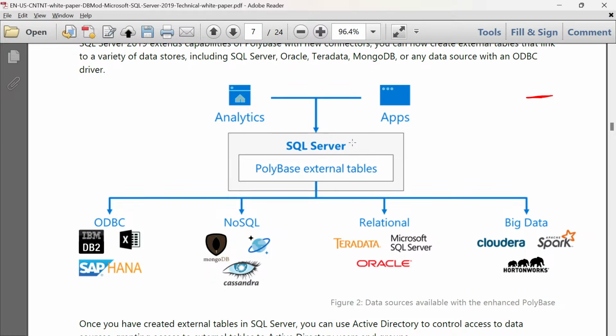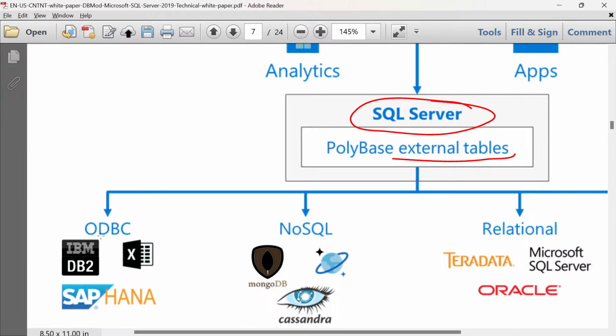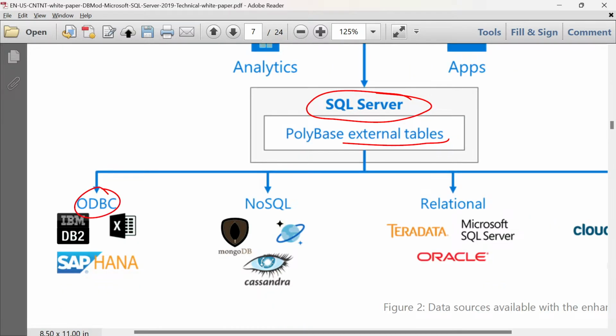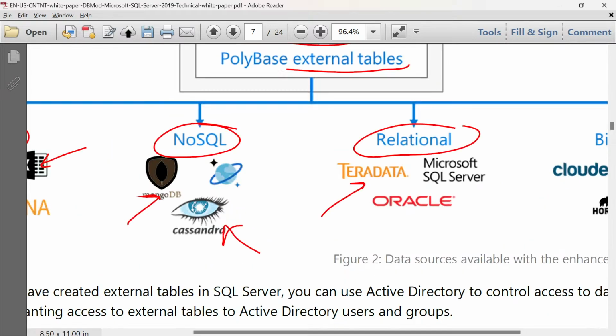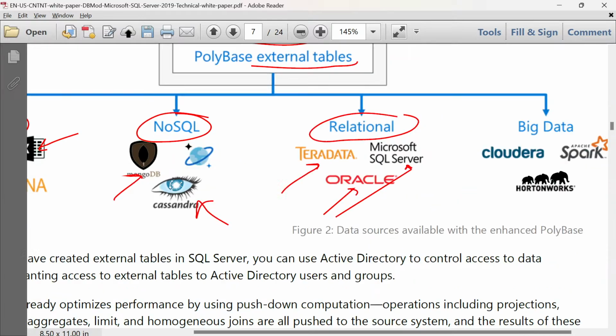Here we have the SQL Server in the center with the Polybase, that is the external tables, which may be in any of the forms like ODBC, that is either DB2 by IBM or SAP HANA by SAP, or MS Excel by Microsoft, or we have the NoSQL databases like Mongo, Cassandra, or the relational database systems like Teradata, Oracle, or Microsoft.